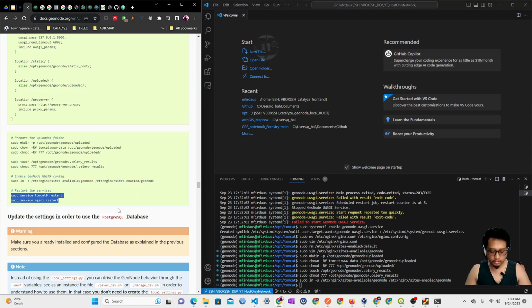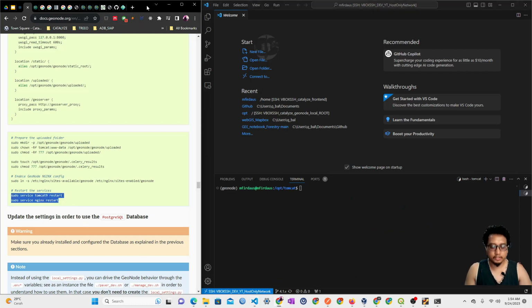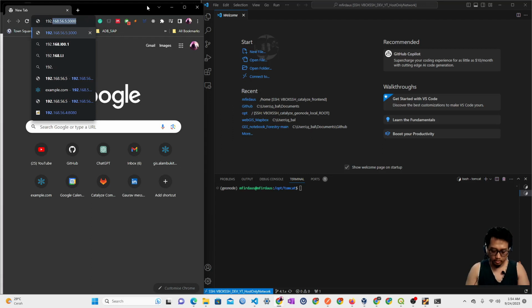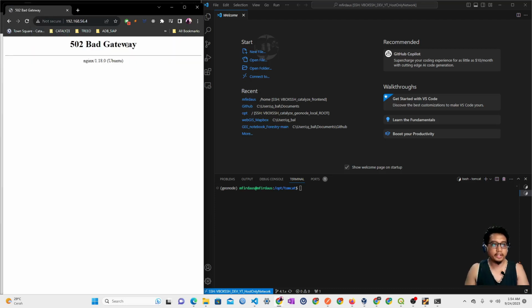Yeah, mode I think is for executing, reading, or editing. Yeah, we use this until we can restart Nginx. Let's see. Okay, Nginx is installed, but it's still a bad gateway